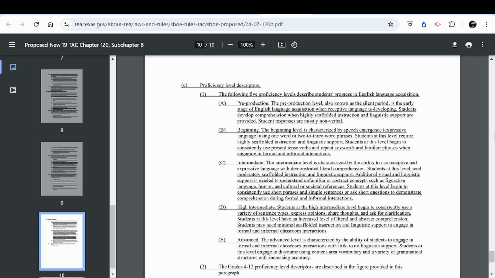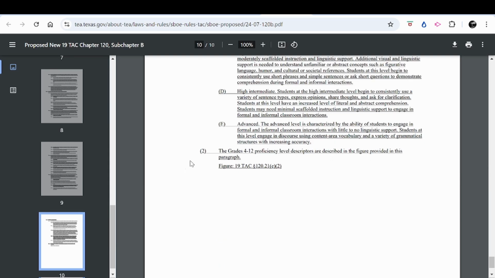E. Advanced. The advanced level is characterized by the ability of students to engage in formal and informal classroom interactions with little to no linguistic support. Students at this level engage in discourse using content area vocabulary and a variety of grammatical structures with increasing accuracy.